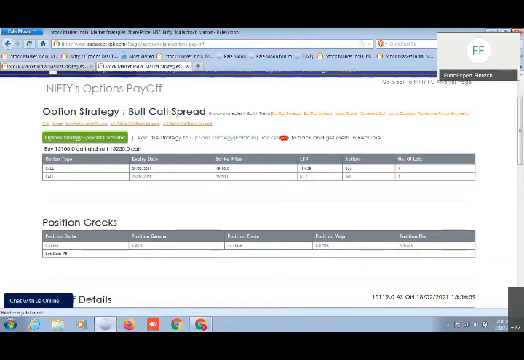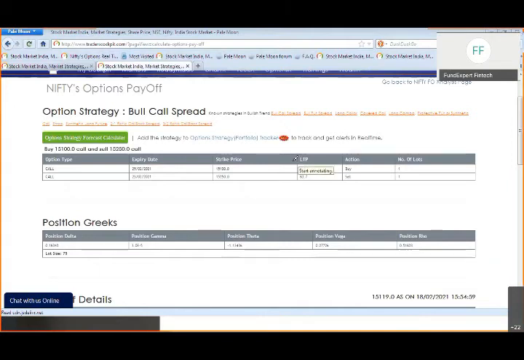Currently for this strategy, how much is the premium that you pay to the markets? You bought the call option at 154.25 and you sold the out of money call option at 83.7. Okay, so the difference of the two, I think that will be how much? Somewhere around 50 plus 20, 70 points approximately. That is the net amount which you pay to the market. 70 points is the net amount which you pay to the market.